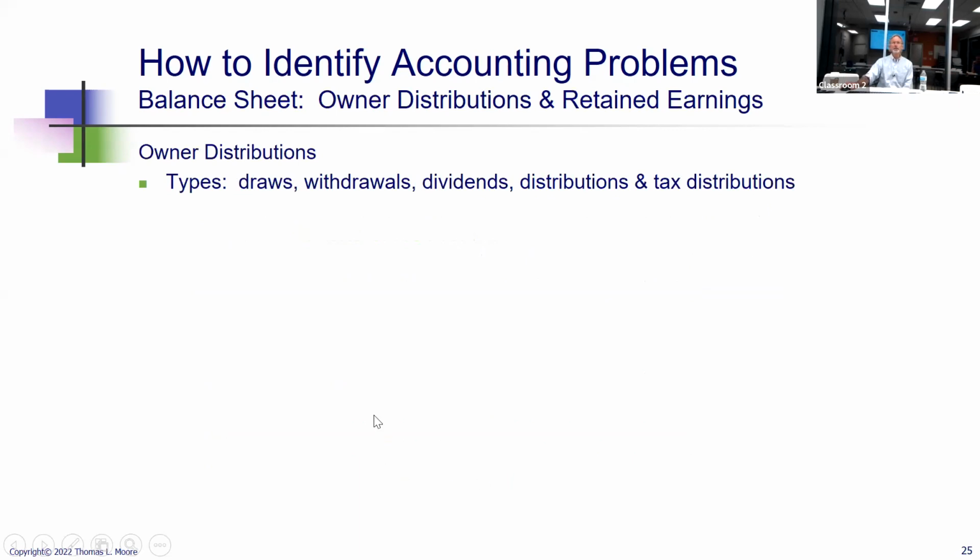down. Getting to the end here, one of the things that also typically happens in a small business is you get owner distributions. So owner distributions are effectively draws or withdrawals or dividends that are paid to the owner or owners, as well as tax distributions. So a lot of times what happens, and you guys probably do this, is owners are able to pull from assets, from cash, enough money to pay their taxes. That's typically what